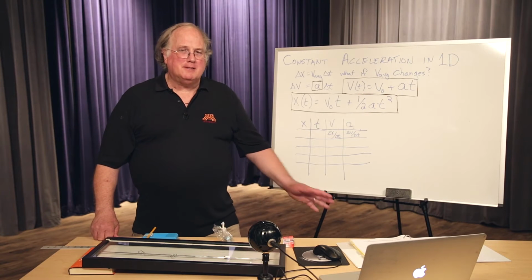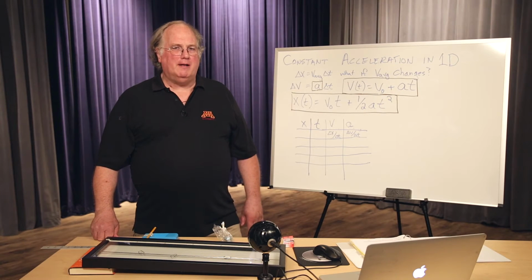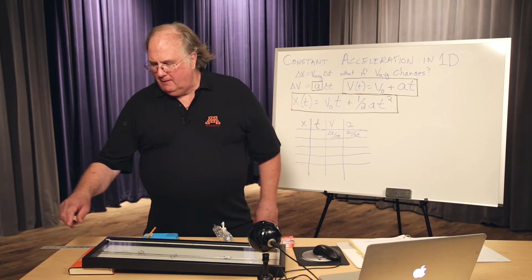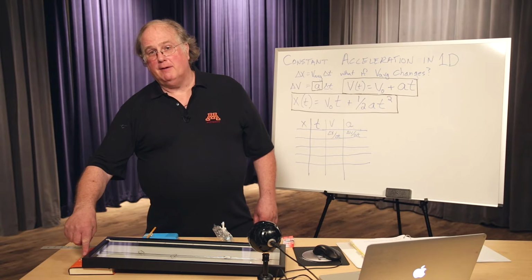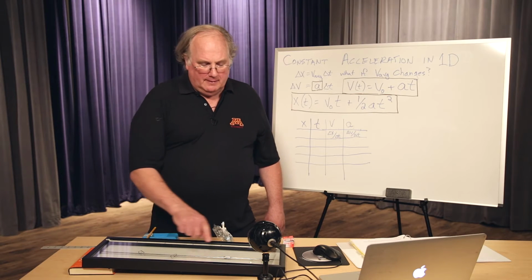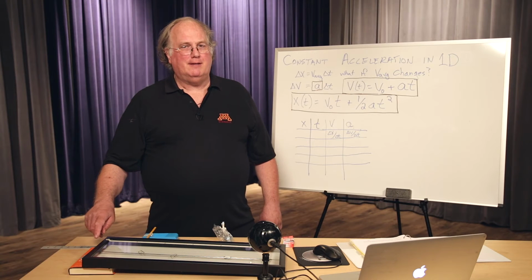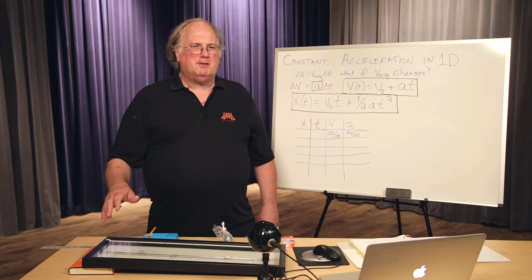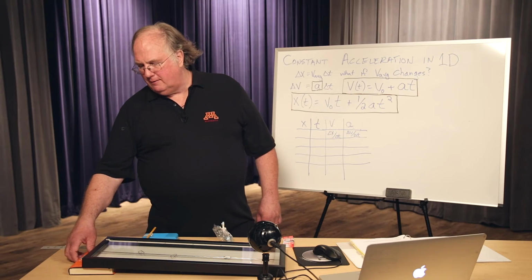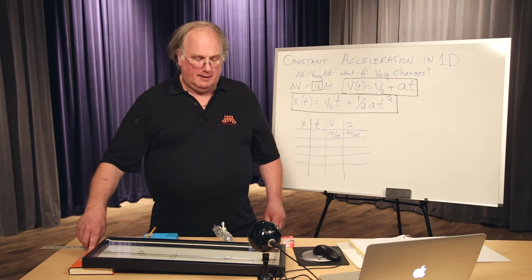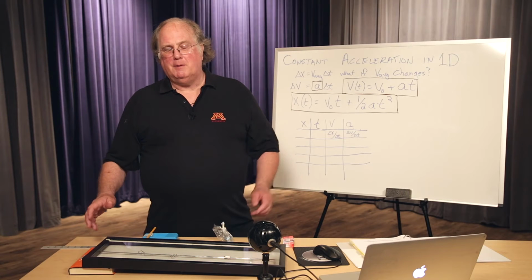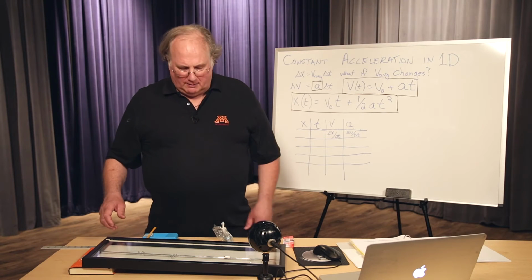Most of this equipment is the same stuff you used in Lab 1. The only difference is that we have our glass thing, but we have a prop under one end of it. This is just a book. The idea is to make this thing slanted a little bit. You want something like 2 or 3 degrees, so a very, very gentle slope. We have one hardcover book under one end. This is about a 2-foot long slant. That's enough. Don't go much more than that or things start getting out of control.